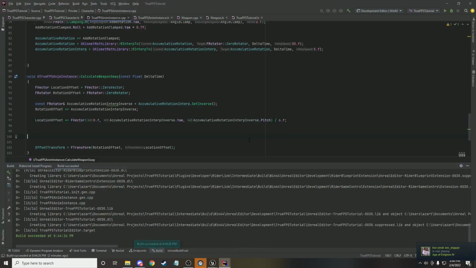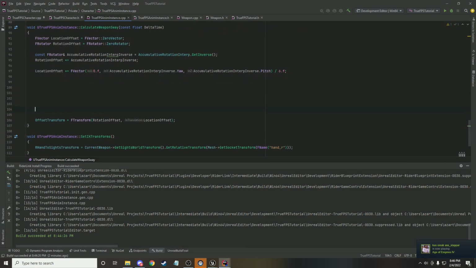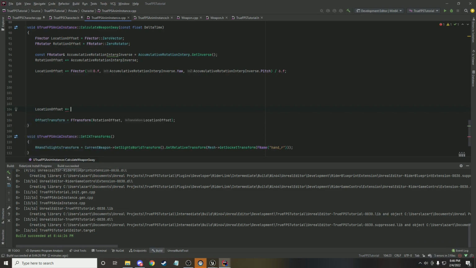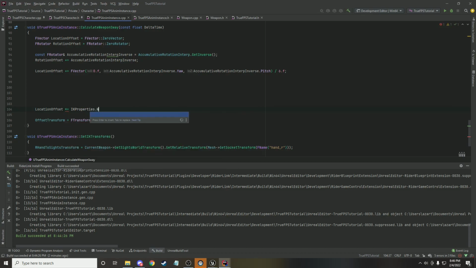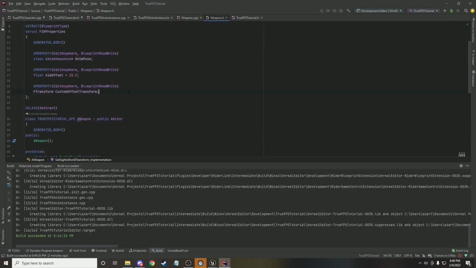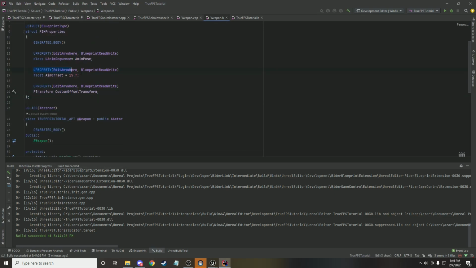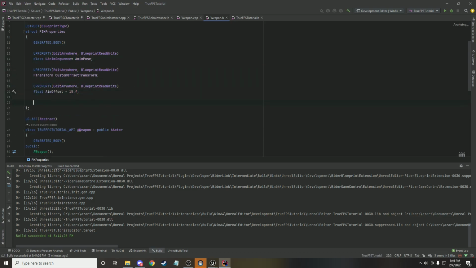So down here, right before the offset transform, all this logic's run, we're going to get the location offset, multiply that equal to our IK properties, and okay, we didn't set up a weight scale, so let's just do that really quick. So let's go to the weapon, and let's just add another section here. I'm just gonna move this. I think it looks better down here, and